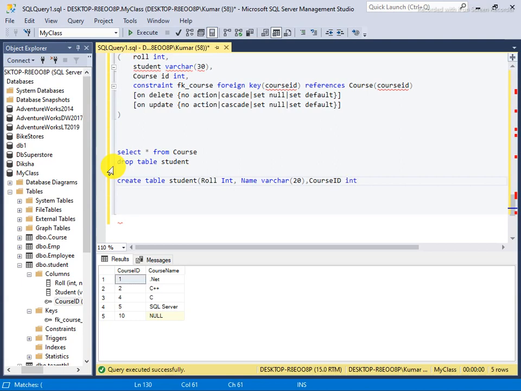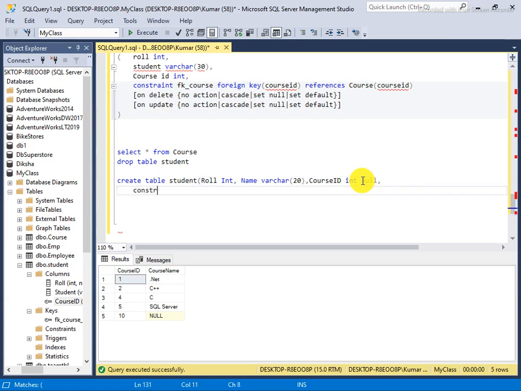So see here, I am not saying it would be null or not null. Okay, if you say not null, then when you delete anything in a parent table, it would be deleted because it cannot accept null. Okay, so I am not saying it null or not null, otherwise you can say it null. It's okay.